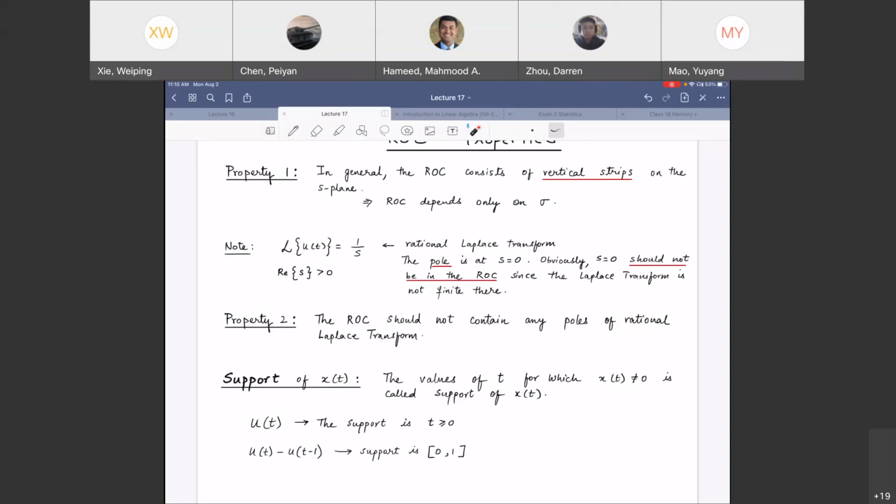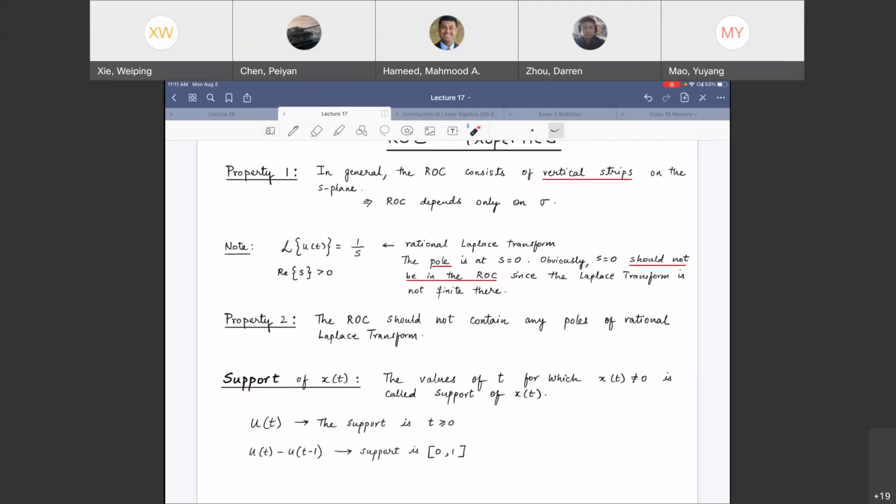Now let's talk about the support, because I'm going to tie the region of convergence properties to the right-sidedness or the left-sidedness of the signal in time domain. I need to tie them. For example, I should be able to say, if the signal is right-sided, then the region of convergence is always going to be to the right of the rightmost pole. Statements like that. So that the moment you sketch the signal in time, you know, oh yeah, region of convergence is going to be here. Done. All you need to know is what? The poles. Where are the poles? And you'll be done.